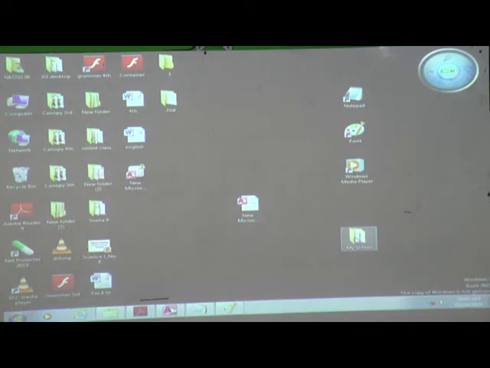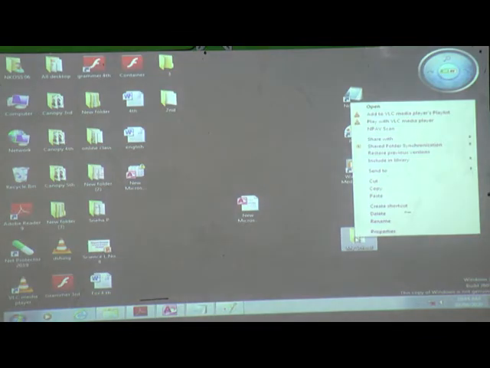Click the left button here. Firstly click the left button, then click the right button. You can see here this menu will be displayed, different types of menus: cut, copy, paste, create shortcut, delete and rename. What do you want now? Rename.